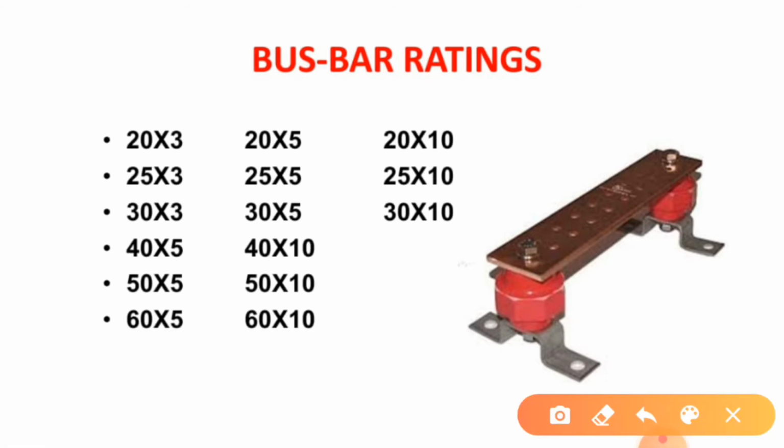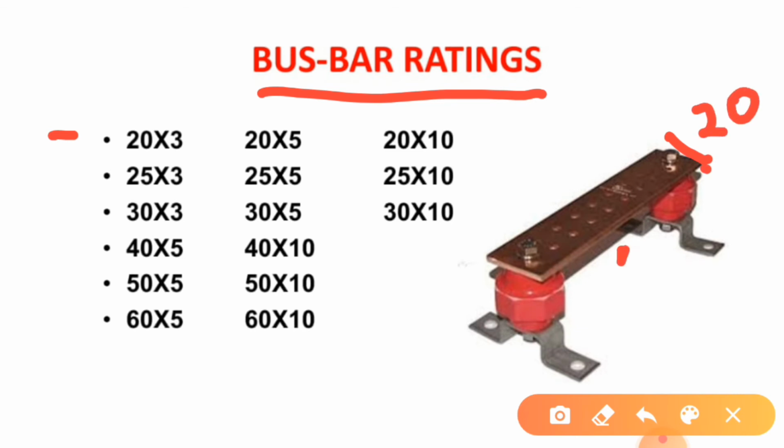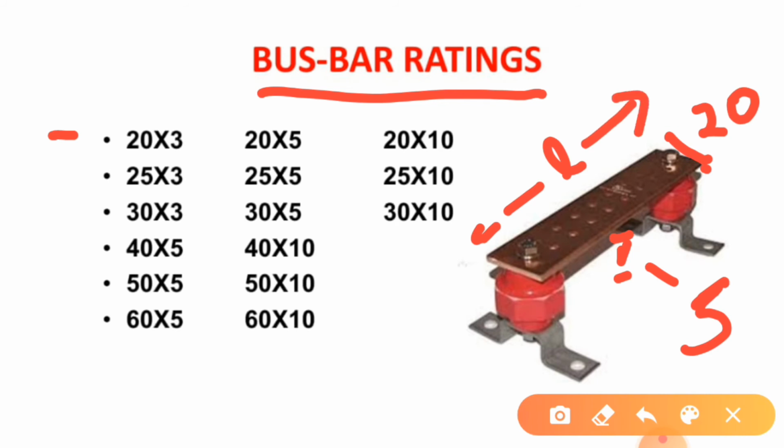Now we will discuss the busbar ratings which are available in the market. You can see different ratings here. These ratings are all in mm, like 20 by 3, 20 mm by 3 mm, 20 mm by 5 mm, 20 mm by 10 mm, which means the width of the busbar is 20 and the depth, or we can say its thickness, is 5 mm for a 20 by 5 square mm busbar. These ratings have nothing to do with the length of the busbar. Friends, here you must note that only the width and thickness of the busbar are counted in the busbar rating,